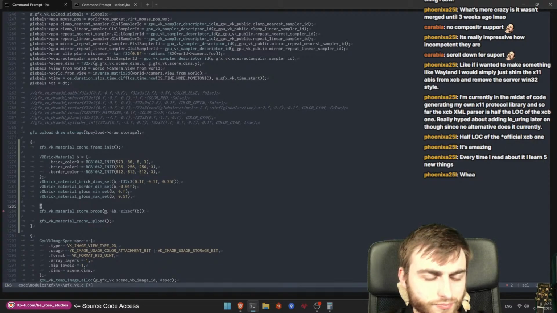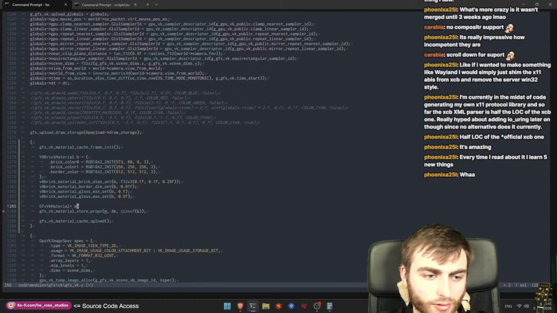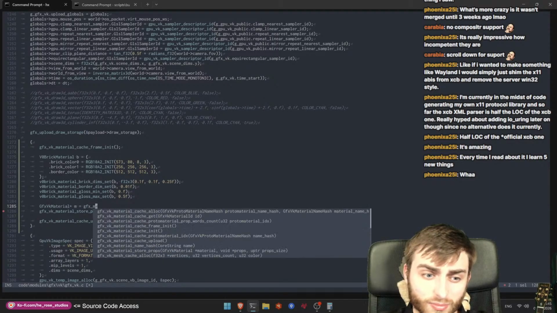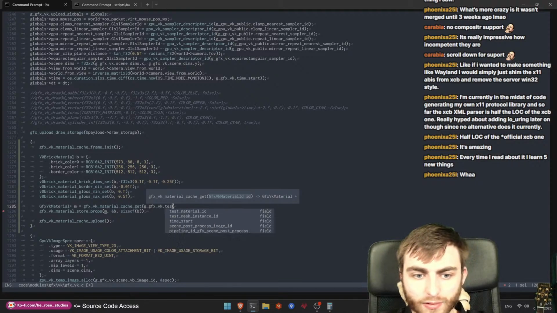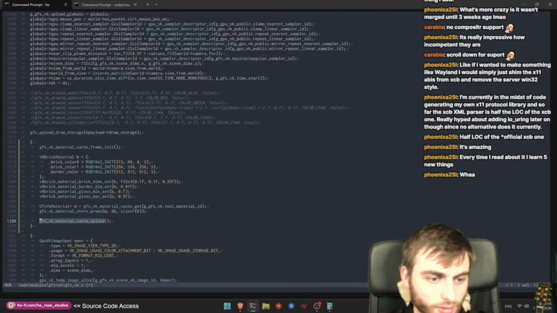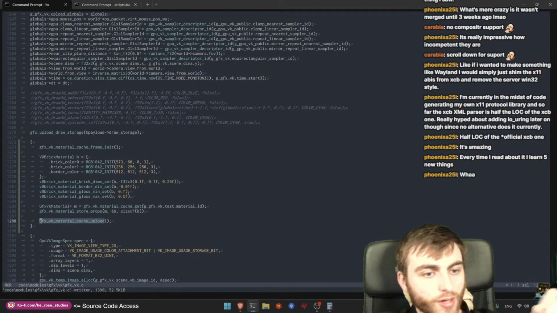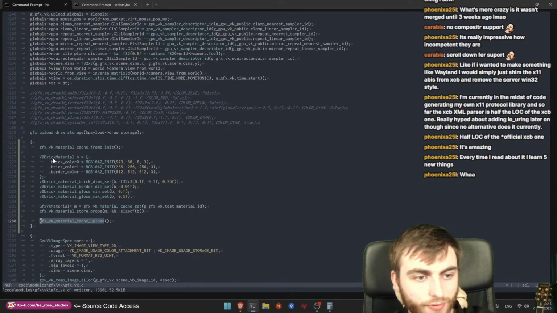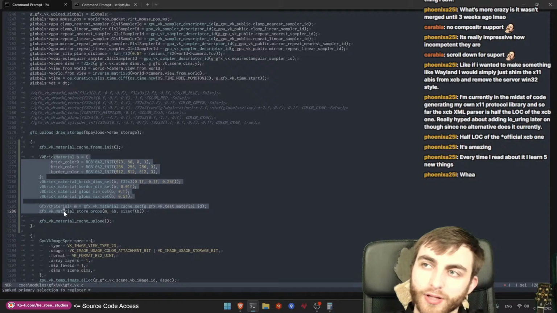So we want to get ourselves a graphics VK material. So I'll just go graphics material cache get gfxvk test material ID. Lovely. Cool. Now I'll upload into the buffer. And voila. So this code here in the future shall be replaced with something like, you know, from the